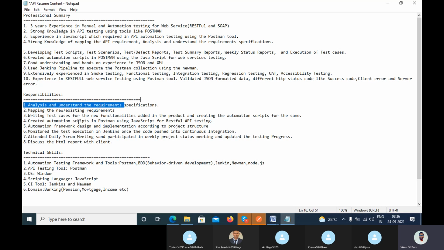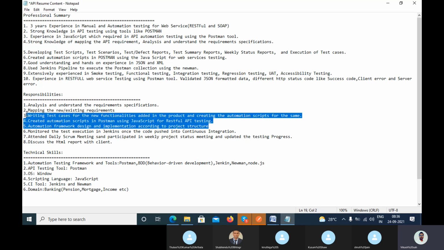Created the automation script in Postman using JavaScript for RESTful API testing. Okay. Automation framework design and implementation according to the project structure, right? So you have created the design, the framework in Postman, according to your requirement and your project structure, right?